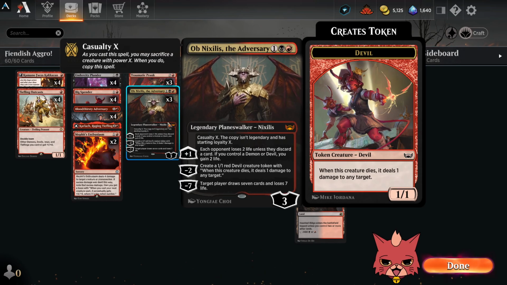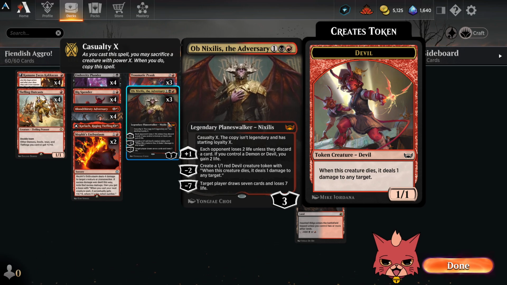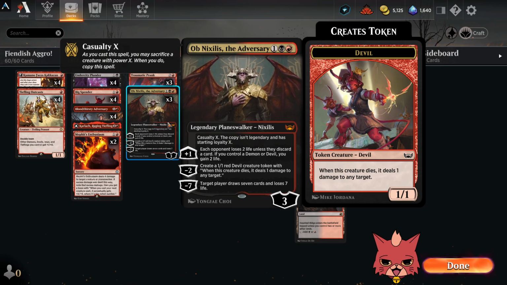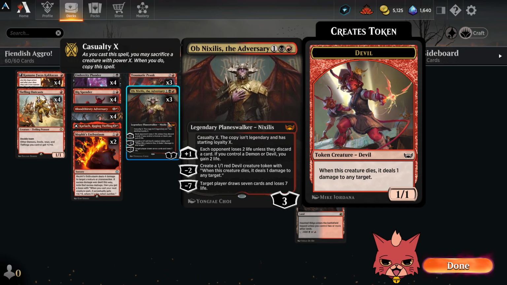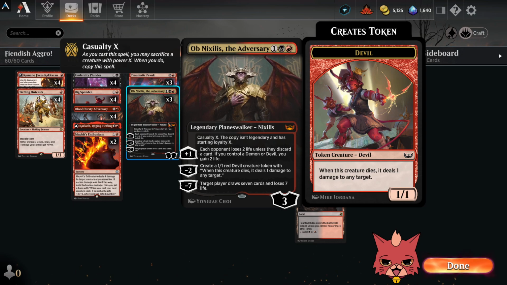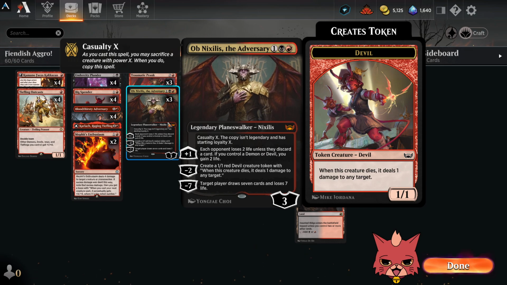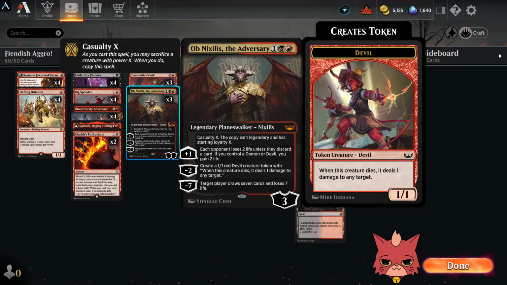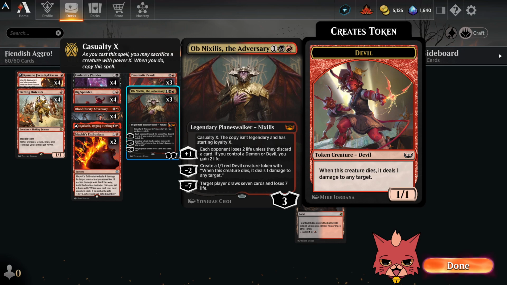We have 3 Ob Nixilis. Where'd Ob Nixilis go, guys? Seriously, why do we not see this card anymore? Genuine question. What changed in the standard meta to make Ob Nixilis never show up? Isn't that weird? I think it's weird. There must be something that happened that I'm not thinking of, but either way, terrific card, generates devils. It just does a lot. Could have your opponent discarding cards as well. Could gain you life. Of course, Ob Nixilis is just amazing, and I'm just shocked that we don't see